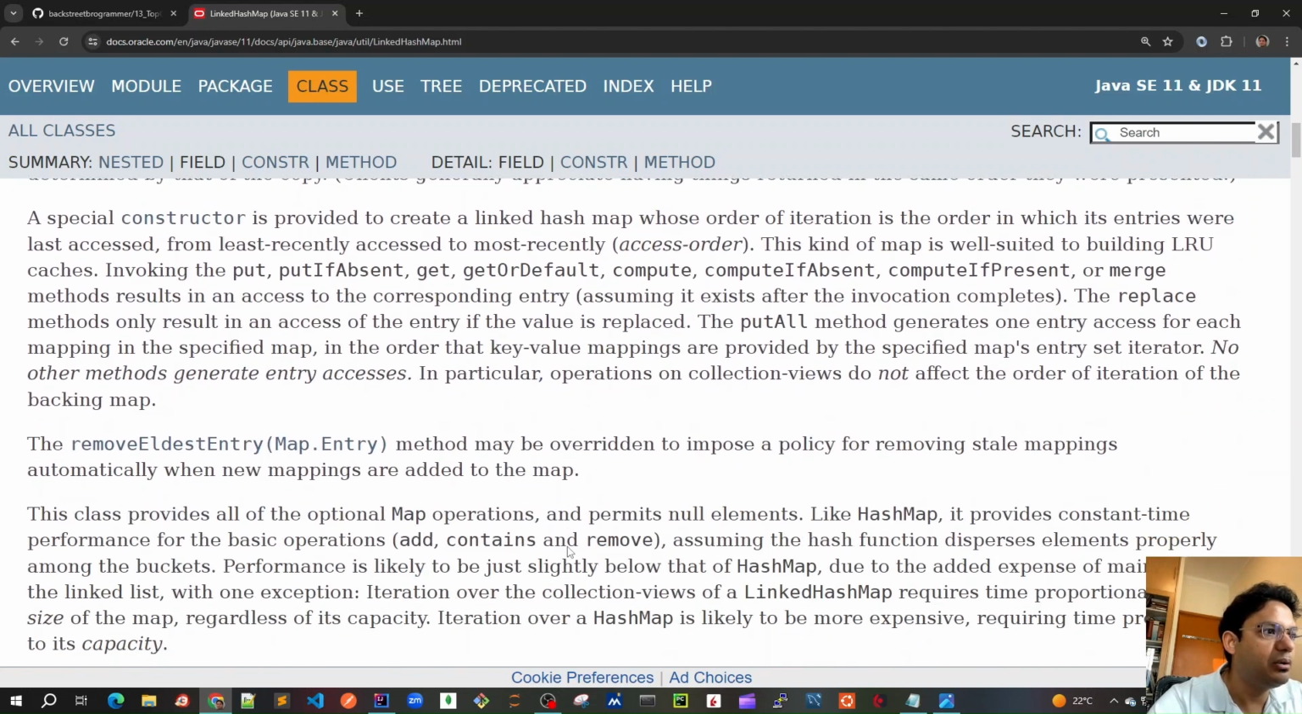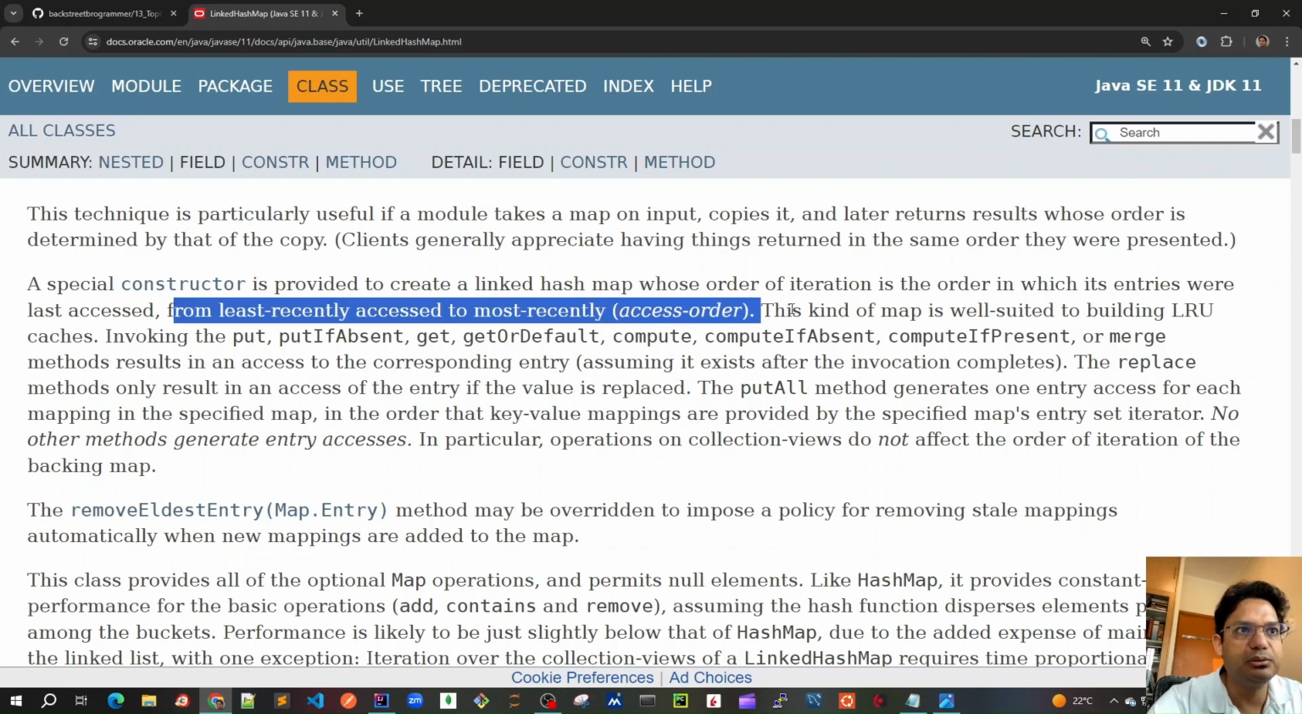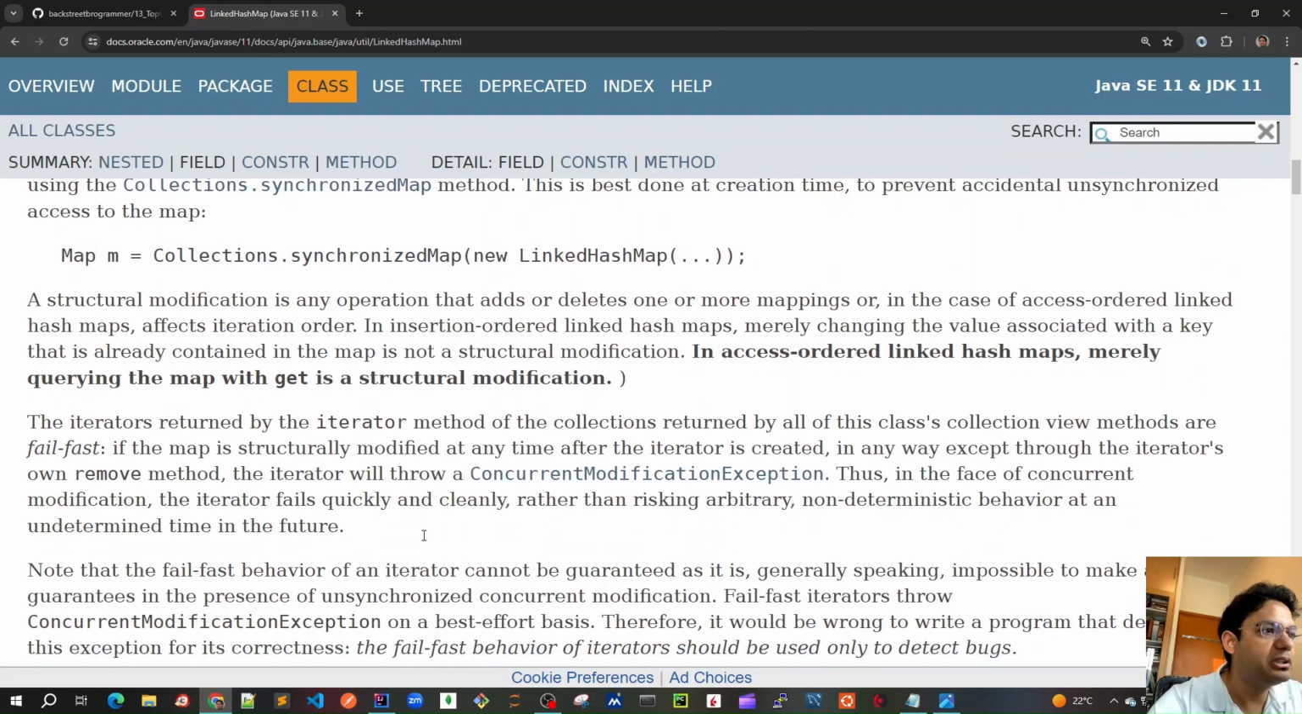If you look at the constructor of it, it's mentioned that we can order from least recently accessed to most recently accessed. This kind of map is well suited to building an LRU cache. That's why I mentioned that the linked hash map can also be used to implement our LRU cache. If you go through the constructors of it,